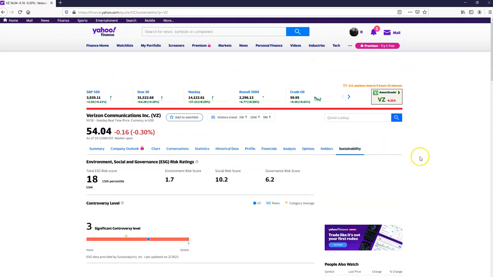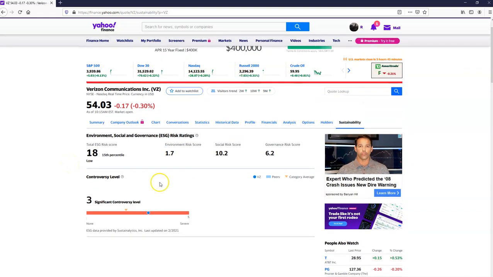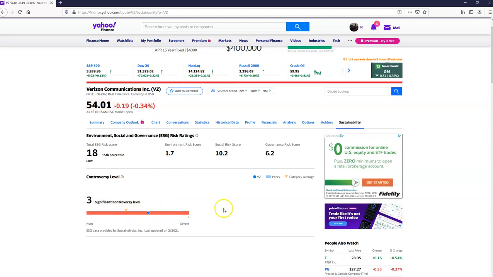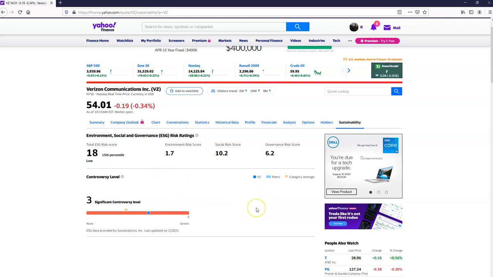If you click right here, it says sustainability. It gives you a bit of a score on how this company's sustainability compares to its peers. You see its peers here. You get Verizon. Okay, so this is how the peers are doing, kind of like the score. Then you get actually how Verizon is doing compared to its peers. Okay, the average of peers over here, Verizon, in terms of sustainability, is doing better than most other companies in the same market. All right, so